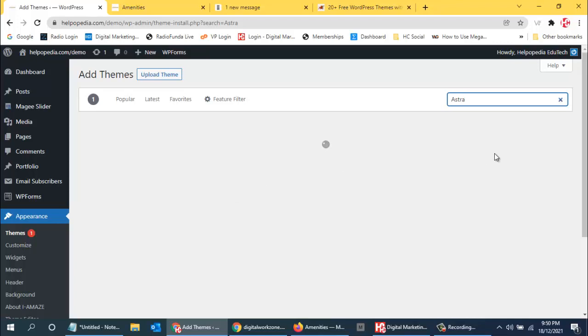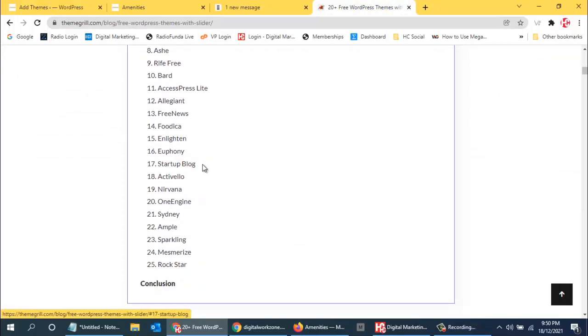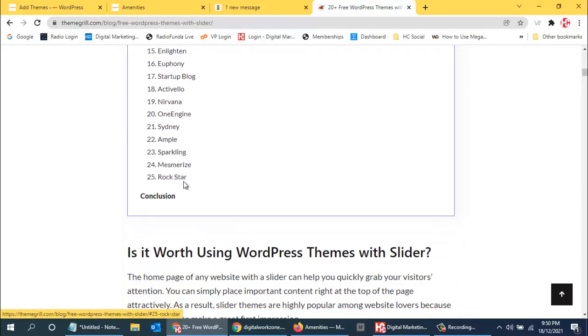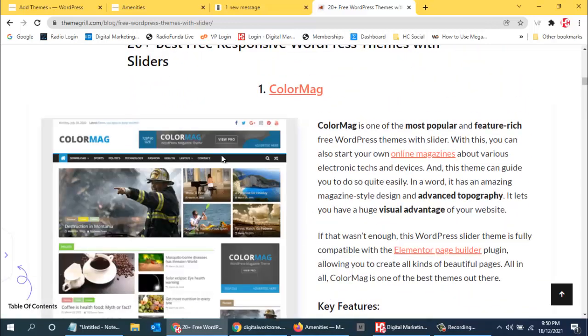So like this, you can see all the options. So here you can see which looks good over here. See over here, they have also provided the images, so you don't need to go and search over there. So you can just see over here how does it look. See over here, there are options over here. So Elementor support, all these options are there.